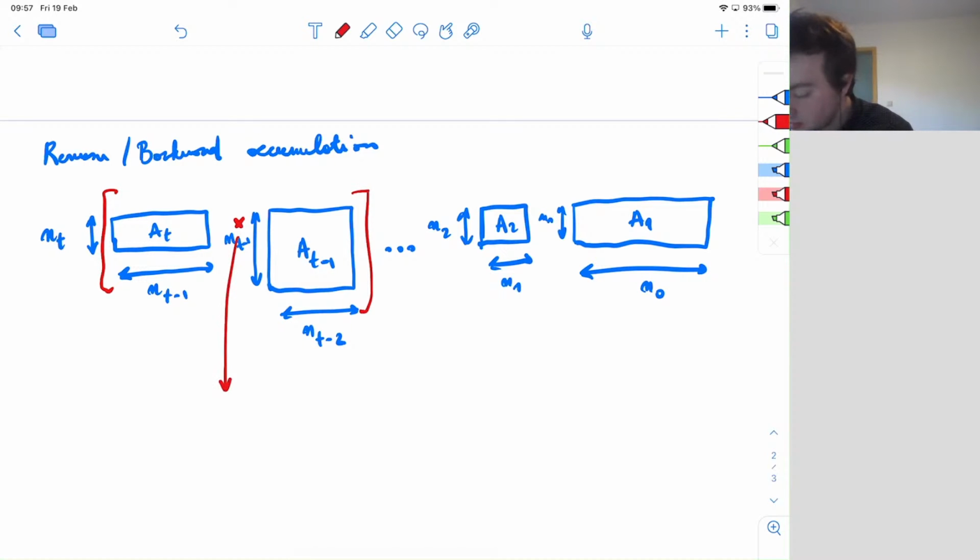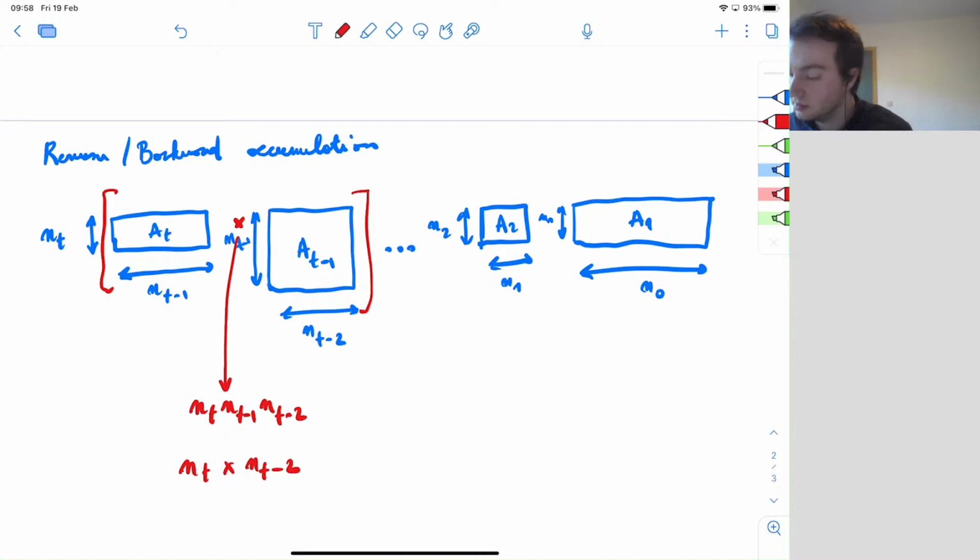And this would result in a matrix of size nt times nt minus 2, right? And the number of operations would be proportional to nt times nt minus 1 times nt minus 2. Then we would be left with this new matrix, which would multiply with the one which is just next to it, right? And that second computation would be proportional to